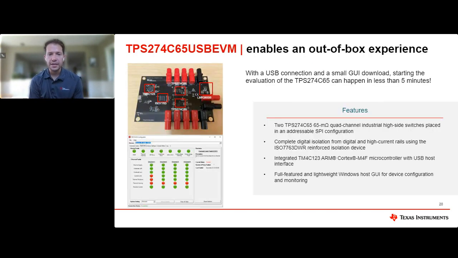So if you're interested in getting started with this device, we have an EVM online, the TPS-274C65 USB EVM. This really enables an out-of-the-box experience. With just one USB connection and a small GUI download, you can start evaluating the TPS-274C65 in less than 5 minutes. The EVM offers 2 TPS-274C65s,